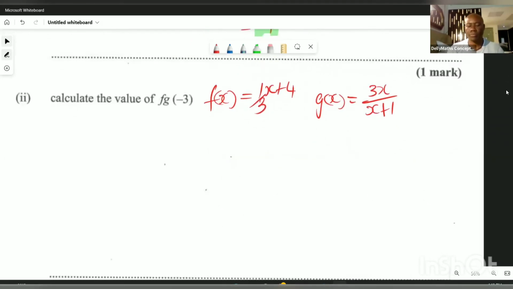So here is the deal. F of g of -3. What we need to do is that we're going to be working it backwards. So we need to find g of -3, and then that value, we're going to plug into the f function. So right now, let's find g of -3 right here. So g of -3,